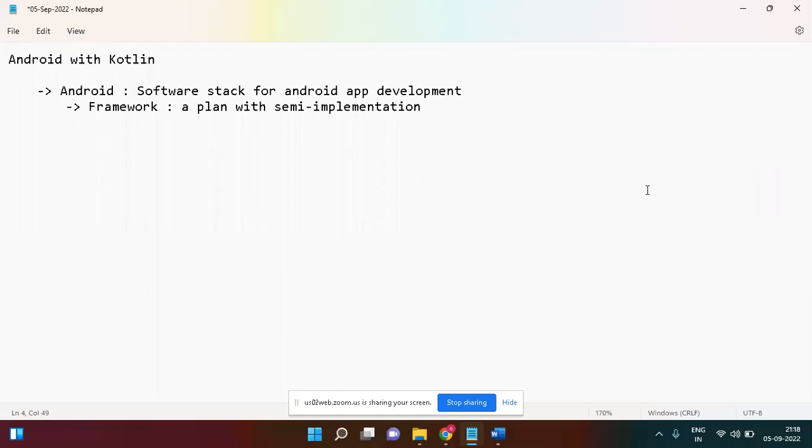Of course, Android was introduced in the year 2009, but unfortunately,